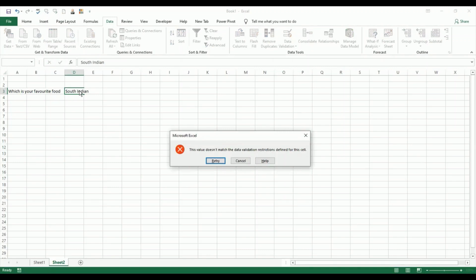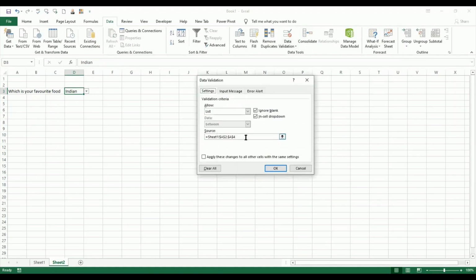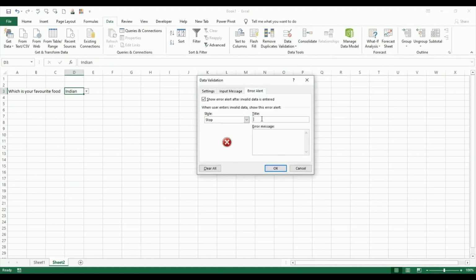It will not accept anything else except the ones which are there in the drop down. तो जो मैंने यहाँ पे drop down create किया है, उसके एरर मैसेज में जाके मैं यहाँ पे टाइप कर दूंगा इनवैलिड डेटा,